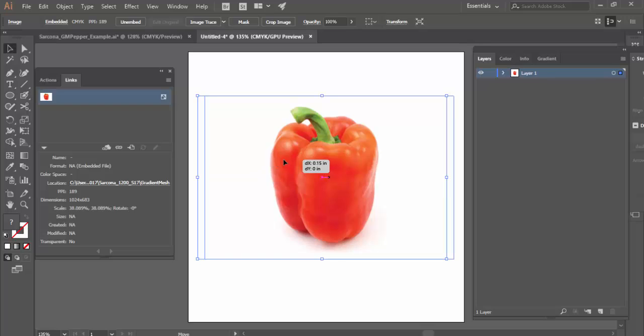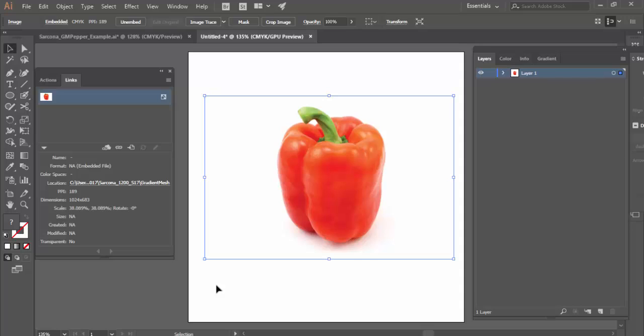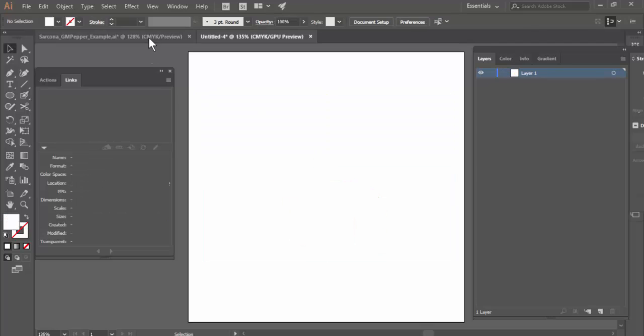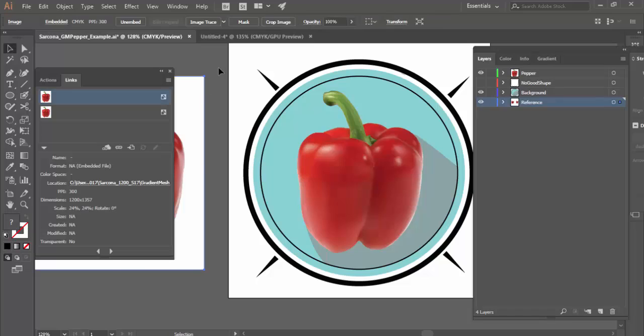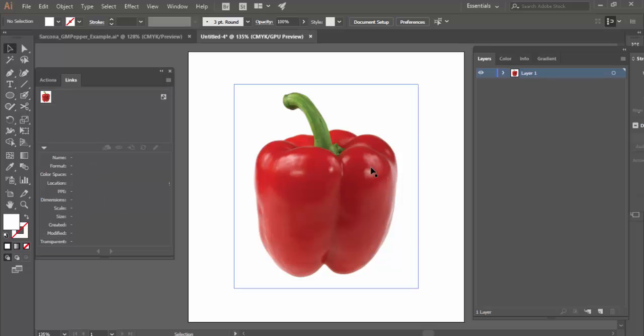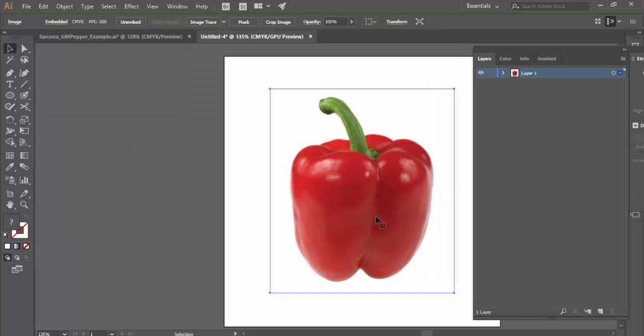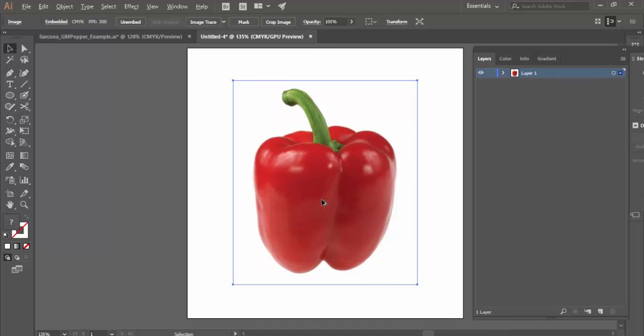So it's always good to know the options and know why one thing is there or not. If you placed it, make sure you send me the Illustrator file and your image. If you copied and pasted it, then make sure that you just send me the Illustrator file. Okay, cool. So I'm going to delete that, and I'm going to use the one that I originally had. There we go. And we're going to have two copies of this. I'm going to just hide the links there. I'm going to have one here, and then I'm just going to hold down Alt and drag it off